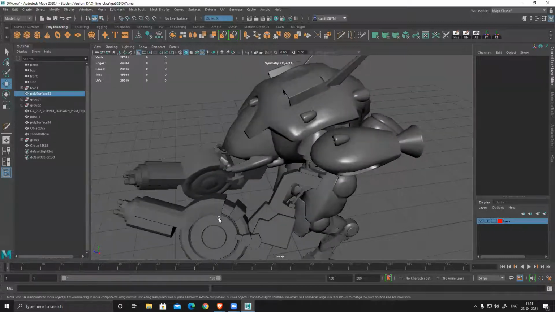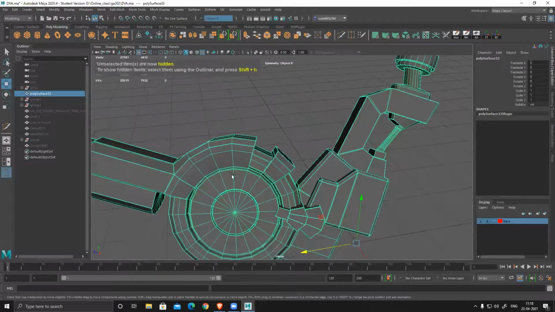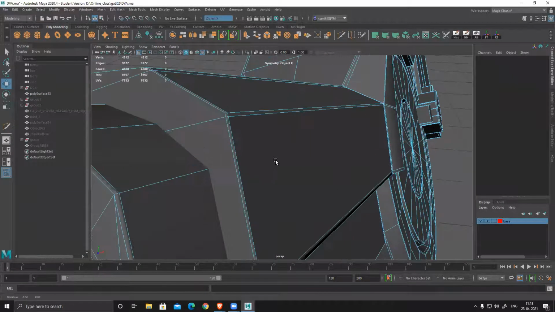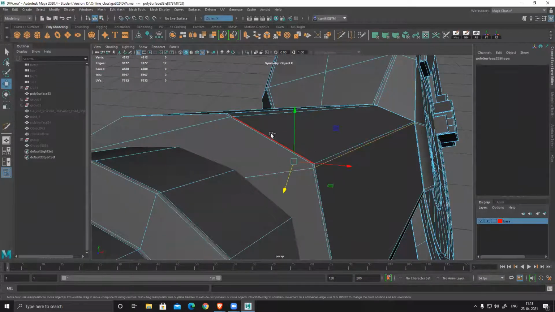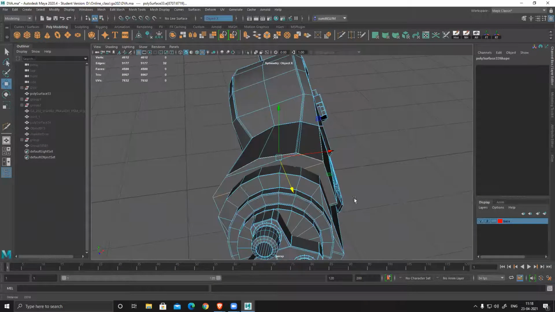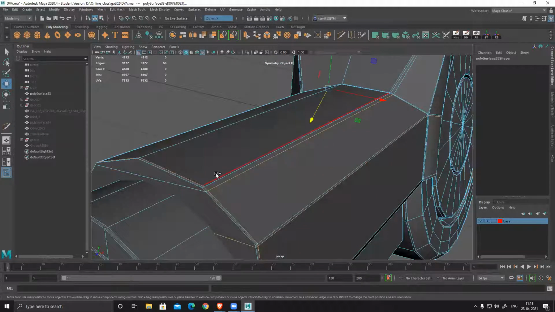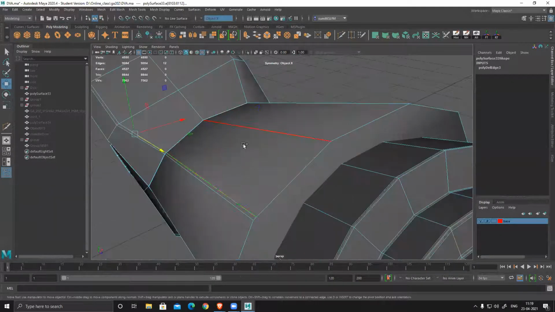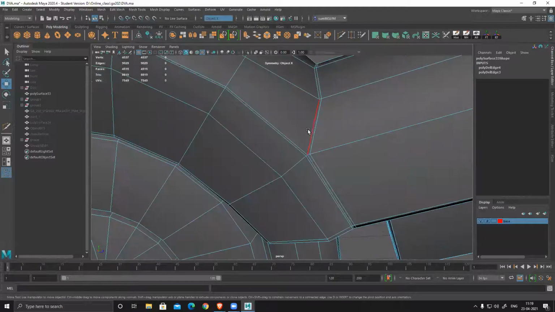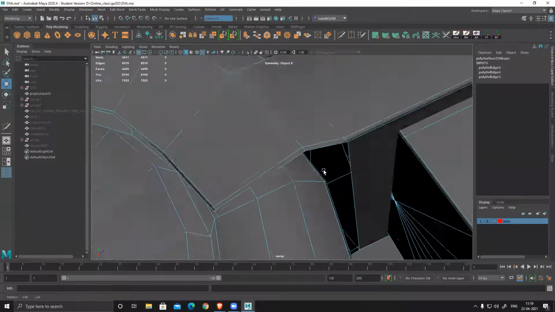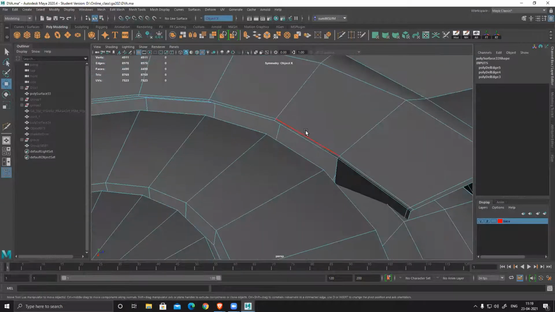So similarly, previously I added all those extra loops. Now I have to make sure all those extra loops are gone. Delete all those extra edges.